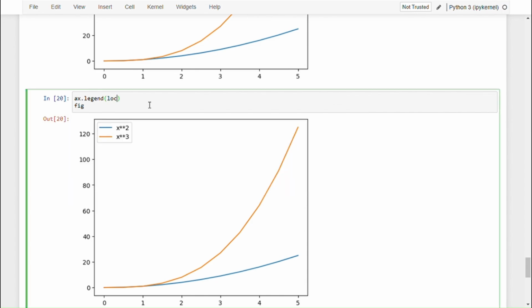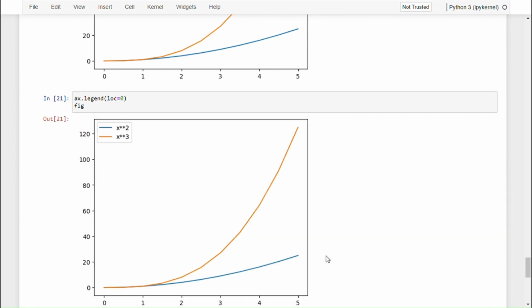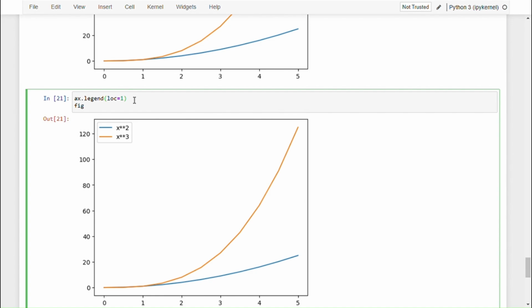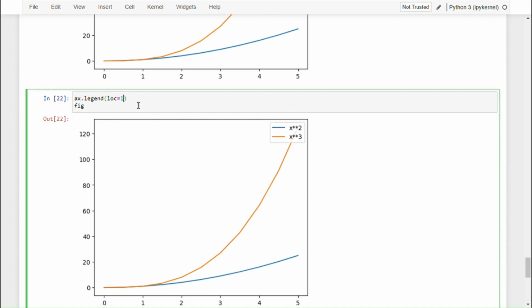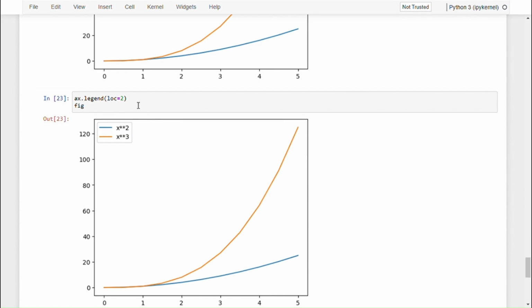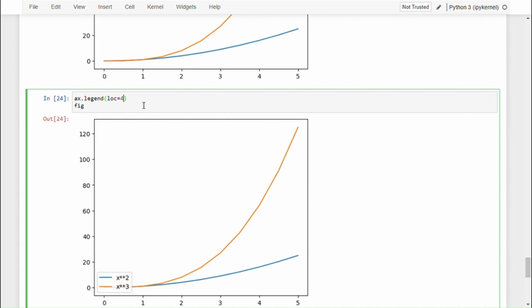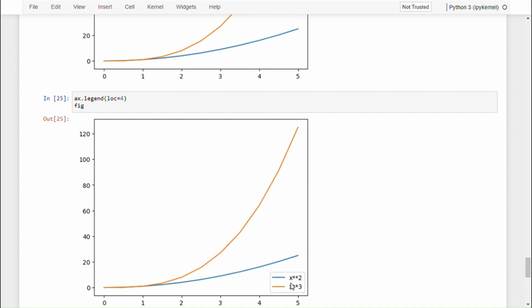So here let's check this. First, location is equal to 0. This allows Python to automatically select the best location, and Python has decided that your upper left corner is the best option right now. Let's check for location is equal to 1. 1 is for upper right, 2 is for upper left, 3 is for bottom left, 4 is for bottom right,